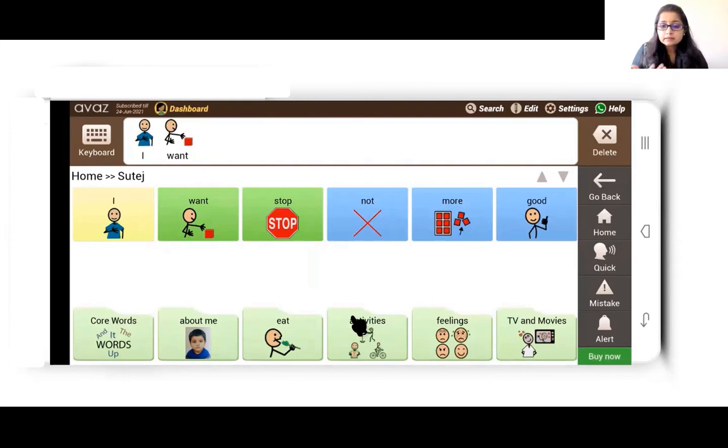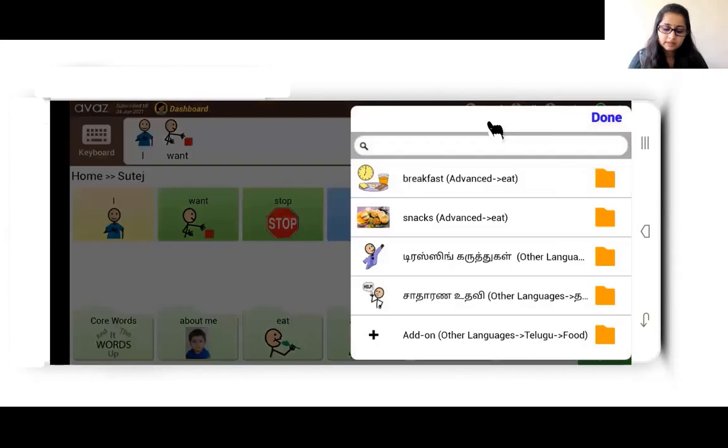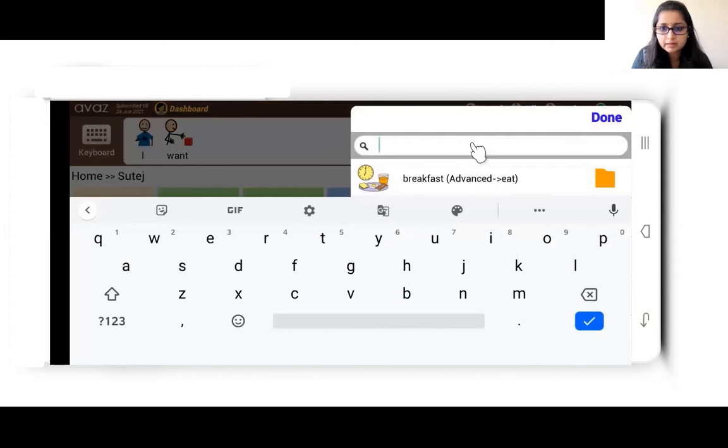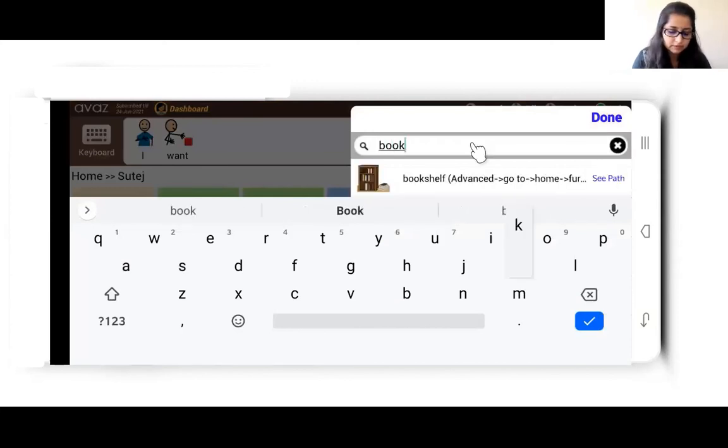And I don't know where it is in the app. So when you're beginning, if you're a parent or a therapist, you will not be knowing where every word is. As you get used to the app, you will begin to learn, and the child learns with you, and you're learning with the child. But we don't know where the word book is. So in that case, what do you do? There is a feature called search here on the top where I'm pointing. You press search, and in the search bar, you search for books. Okay, let me say book.